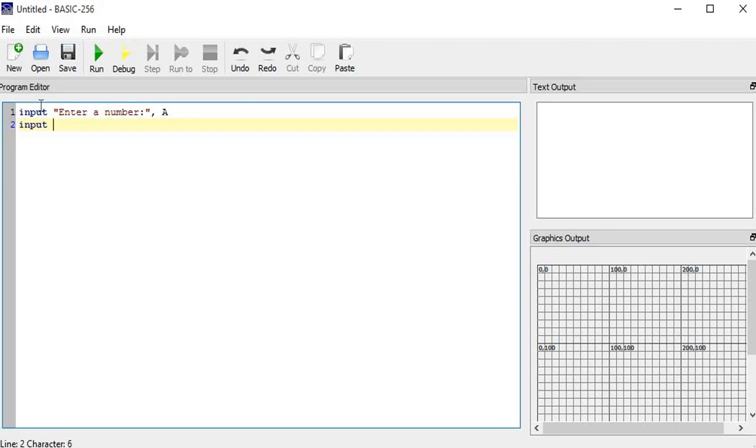Input 2 will be enter second number. So once they enter the second number, we will give a name to the location where it will be stored, say B. Now the program is to take the input from the user of two numbers and then multiply them. So now the next part will be you have to print a line which says that